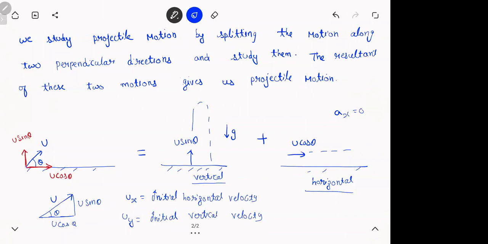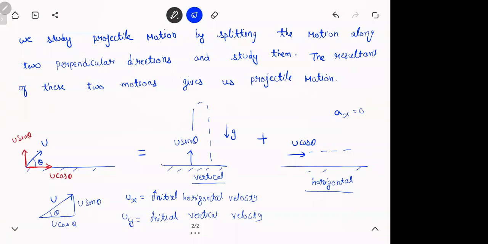So basically what we are doing, right? We are making the projectile particle, which you say project kiya, we are splitting into two different particles. One particle is going up and down, one particle is going left and right. The one which is going up and down will give you all the information in the vertical direction. The one which is going left and right will give you all the information in the horizontal direction. When you add these two, you get the total information about the projectile. You get everything that is happening in X and Y. We will see how that works in the next page.